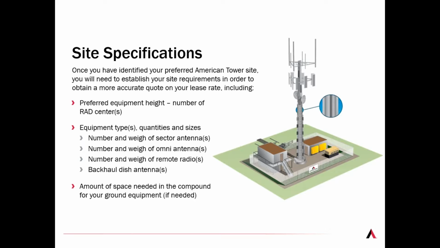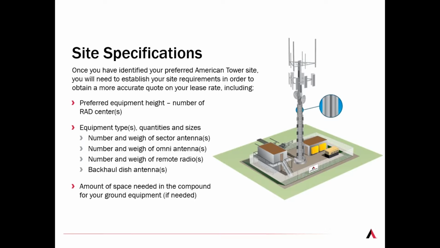And what we're really looking at is, where do you want to be on the tower? Obviously, some of these sites in the rural markets might be 300-400 feet tall, some might be 100 feet tall, and to us it's just vertical real estate. So what we try and do when we've created these WISP-specific plans is get folks to utilize a single rad center. So your APs and your microwave dishes are all going to be at the same height. Once again, it just limits the amount of space.